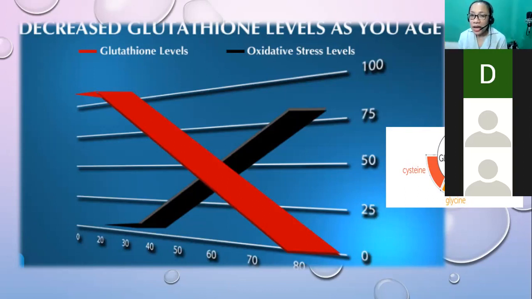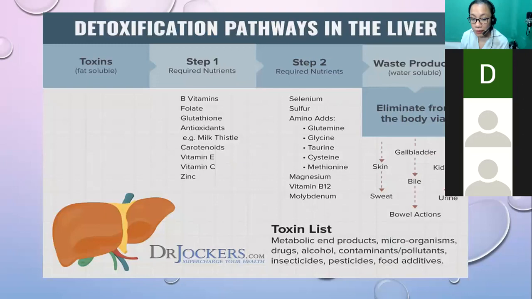So as we age, as you can see here, there is a decrease in glutathione level. So yung red, yan yung glutathione level, tapos yung black, yan yung oxidative stress level as the glutathione level decreases. Tignan nyo kung saan sila nag-intersect. Nag-intersect sila between siguro 25 and 50 sa gitna. So at the age of 26 to 50, nandyan lahat yung core ng pagbababa ng glutathione at nandyan lahat ng oxidative stress. So that's why we need to support our body